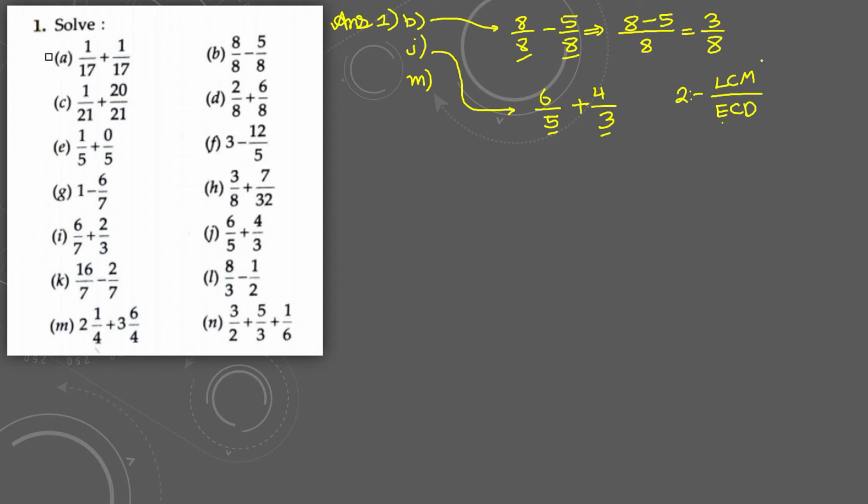In the classes, you are mostly taught the LCM method. We first multiply both of the fractions by whole fractions such that they have the same denominator. Then we add them. And the second way, ECD, is the same thing as LCM, only it is presented a little bit differently. In this video, I am going to tell you both of these methods, but they both are the same. I am going to solve it with the ECD method here.